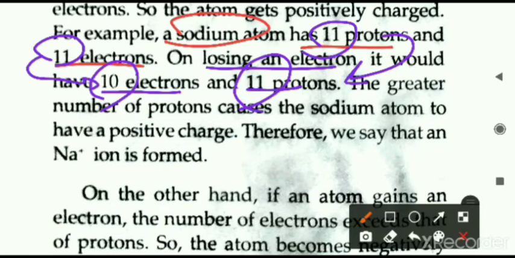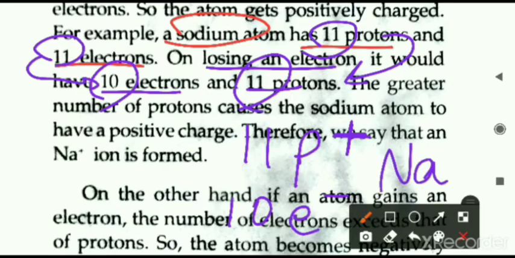It has gone from 11 to 10. So more protons are there. 11 protons are there. That is positive charge. And fewer electrons are there. Negative charge. Positive charge is more now. Because positive charge is greater, we will say that sodium will have a positive charge because protons are more than the electrons. That is why the sodium atom converts into Na plus,